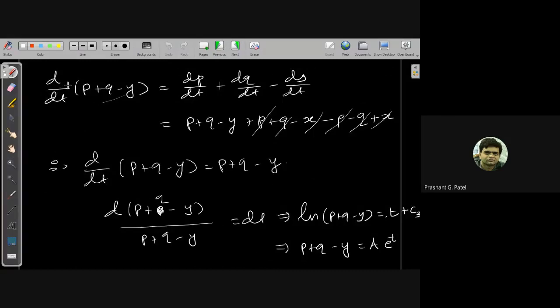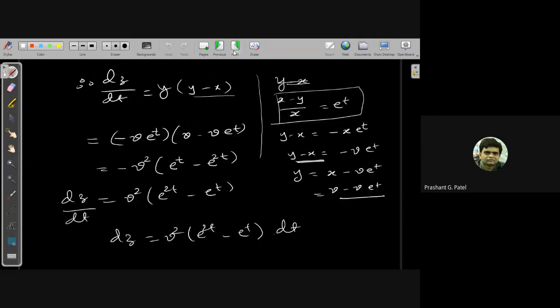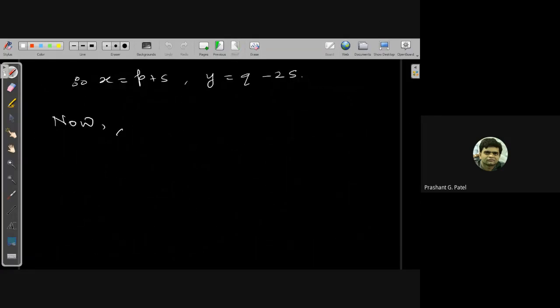That is d/dt of (p + q − y) = p + q − y. Also, we have observed d/dt of (p + q − x) = p + q − x. So these things we already have. We use here d/dt of (p + q − x) = p + q − x. This we already obtained in case number 1, so we'll not repeat that here. If you integrate this, we'll get